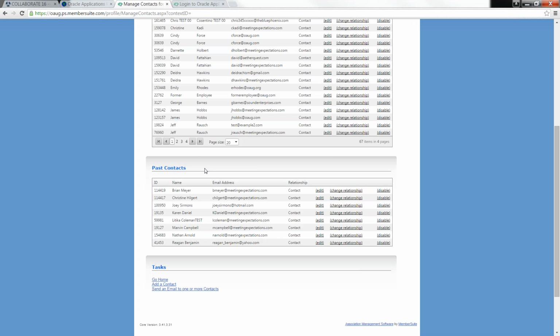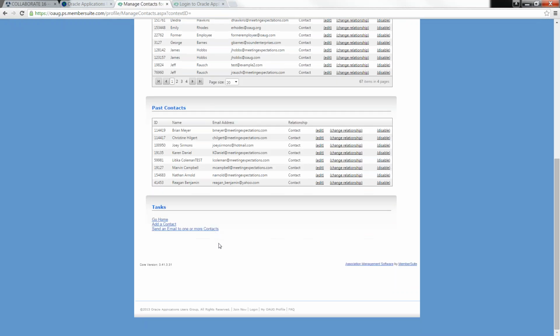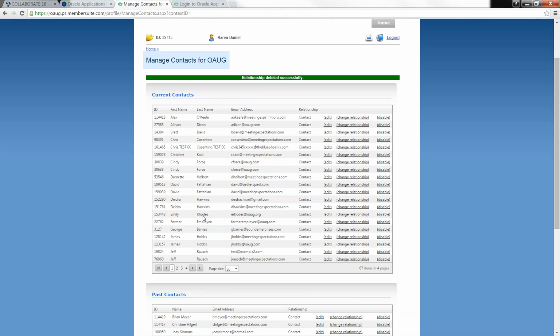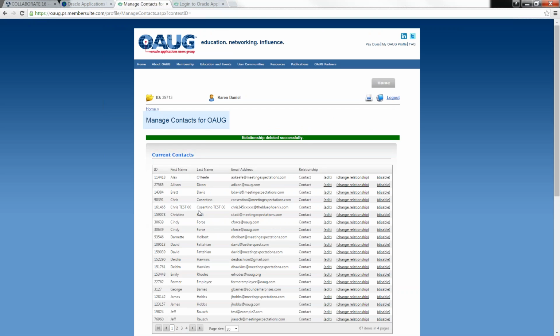It also gives you a list of things that have changed recently. Now, one more thing you can do is you can add a contact here if you have a new employee. That's not the ideal way to do it, though. Ideally, you should tell your coworker to go into the website and create a profile for themselves. And that's because there's so much information that's required. You may not know all the information about them.